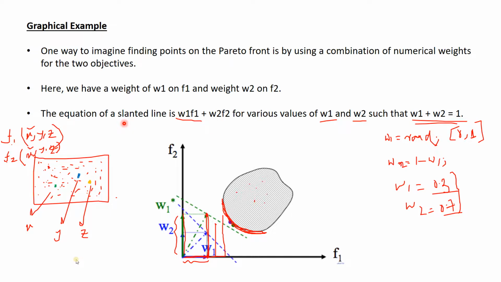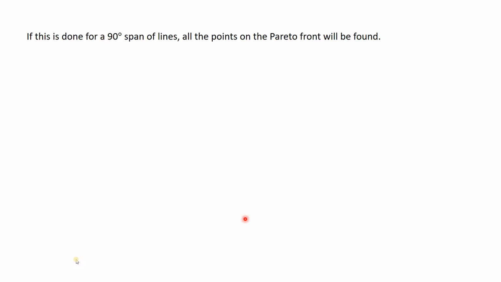So the thing which is being highlighted in this particular section is that these weights help you to find or locate these solutions in a better manner. Without the weight, you cannot locate them very easily. With the help of weight, you are able to locate them very easily, as if they lie in a particular line of the Pareto front. Okay, in this way the search becomes easy. Okay, this is a technique.